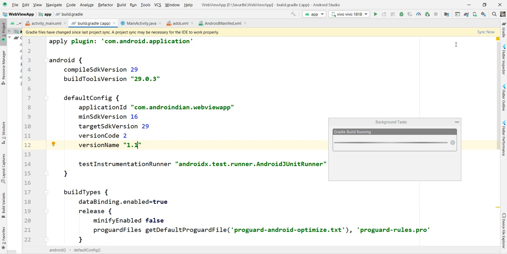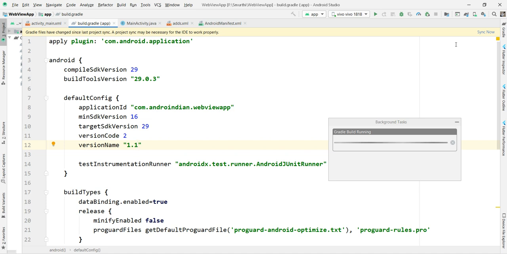After this 1.1 version, I may have some more modifications tomorrow and after a few days, and that day it's the same process. Whenever you update anything on the app side and want to release a new version to the client, this is the mandatory thing you need to do: check this and update the version.